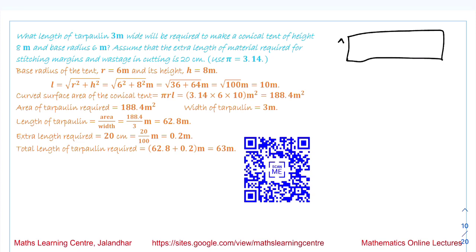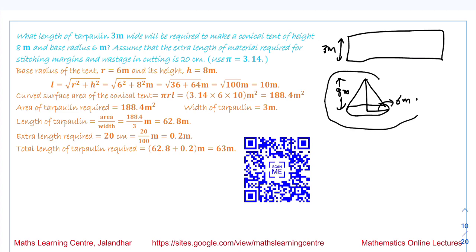Next is, what length of tarpaulin 3 meter wide is required to make a conical tent of height 8 meters and radius 6 meters? We have to assume that the extra length of material required for stitching margins and wastage in cutting is 20 centimeter. So what we know now is that the lateral surface area of the cone should be equal to the area of